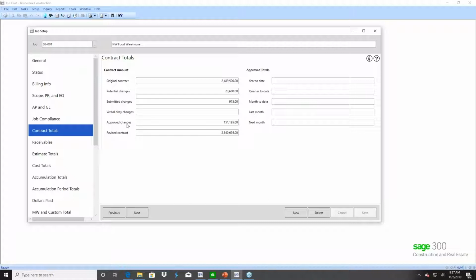And then your approved change, once it's approved, whether it's inside job cost with a change order there or it's done through project management, that will then update your revised contract amount here. Now, the totals themselves can be broken out by the different time frames on the right-hand side of the screen. So again, if you're trying to report on contract amounts or approved changes that have come through